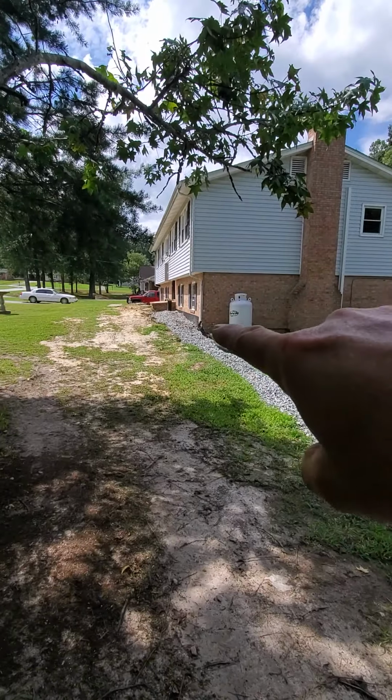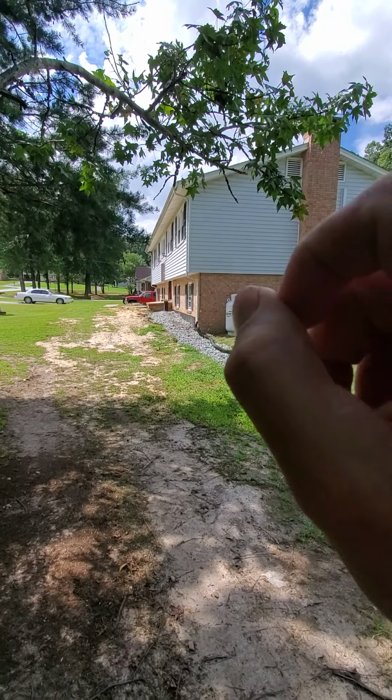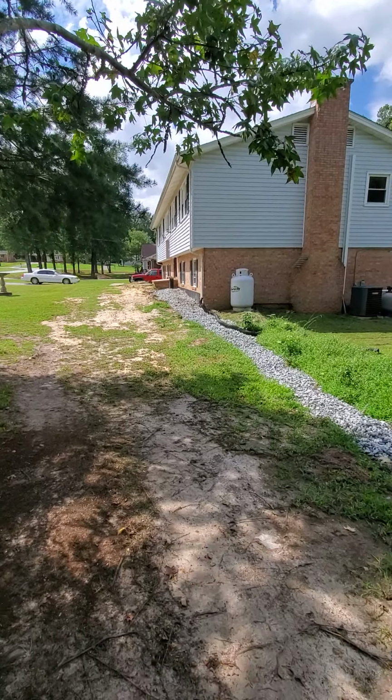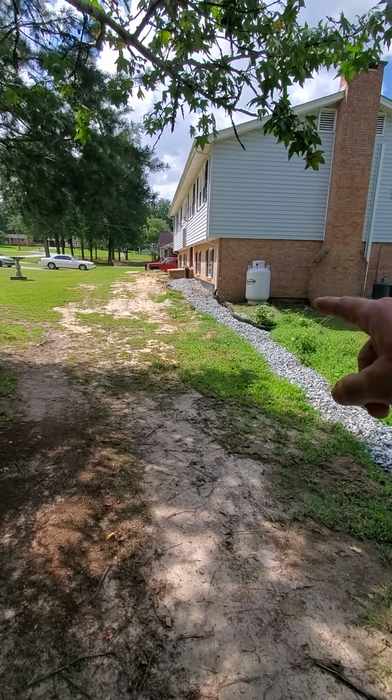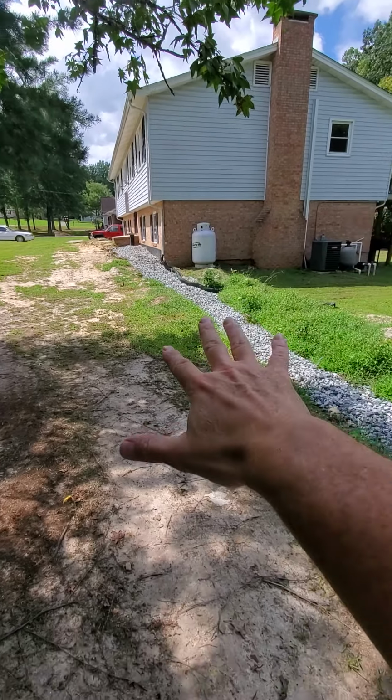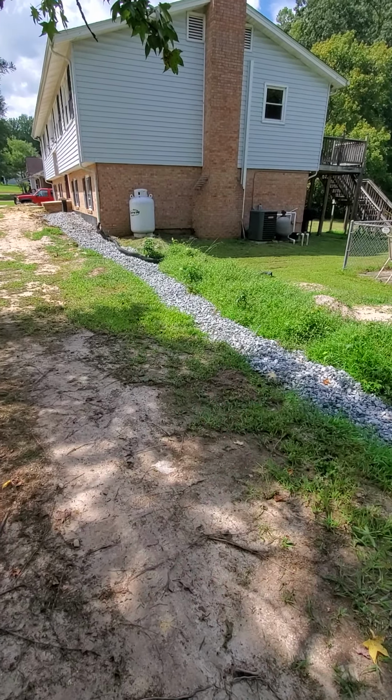So this was, I don't know, several months in, after I dug all this out. My plan shifted. I was going to start from the corner here and have one big pipe drain going over to the left side of the house. Well, as I got into it, I realized that my water problem was over here, and this ground over here just stayed saturated. So